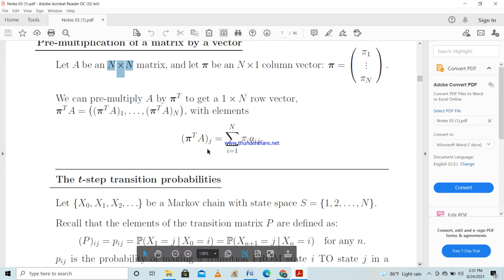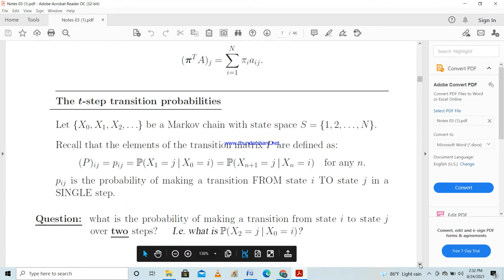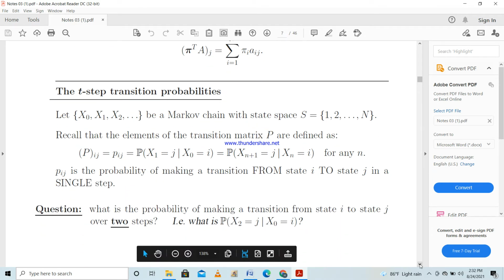So here these notations are very important when it comes to stochastic processes, especially when it comes to the proofs, we are using these notations. So in that case they are very important. Now, with the basic notations, we are going to talk about the t-step